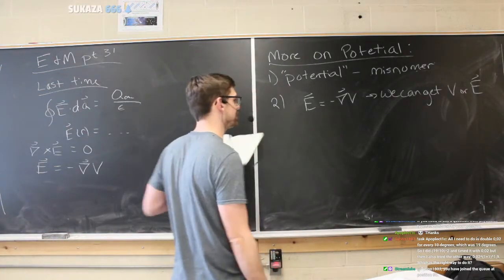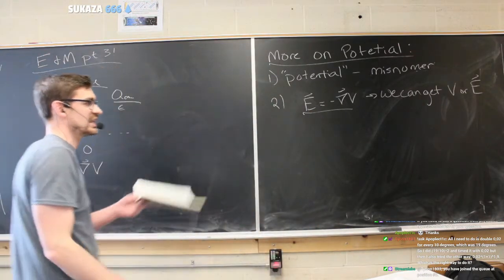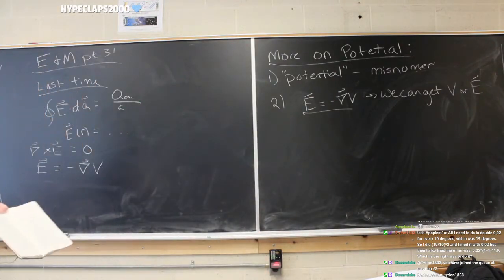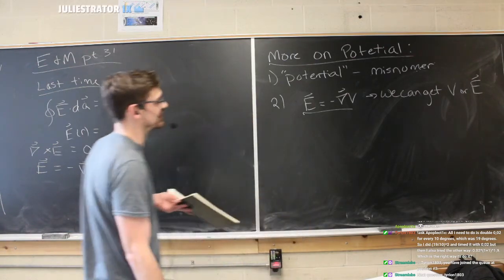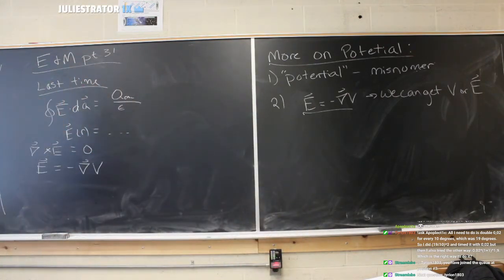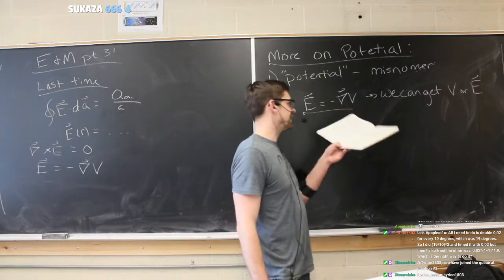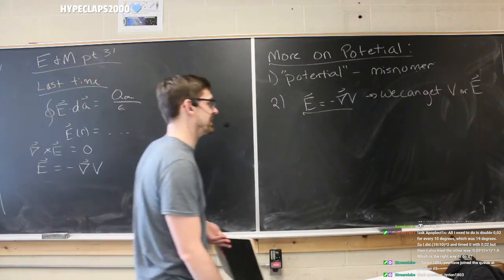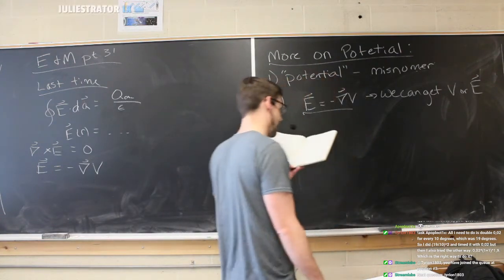And a big advantage is to have this relationship right here because then we can get one or the other. And what we'll do is find how to get E or how to get V if we know E, because we learned Gauss's law and we have the prescription. So if you're good with the prescription, then you can just use Gauss's law and then figure out the V from that. Or we'll learn a second way to do V today. And then once you solve that, if you need E from there, you can get E that way as well.